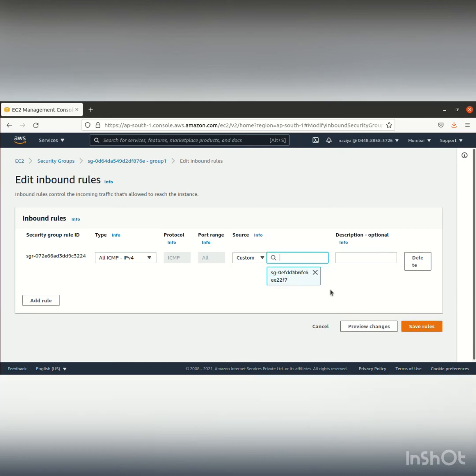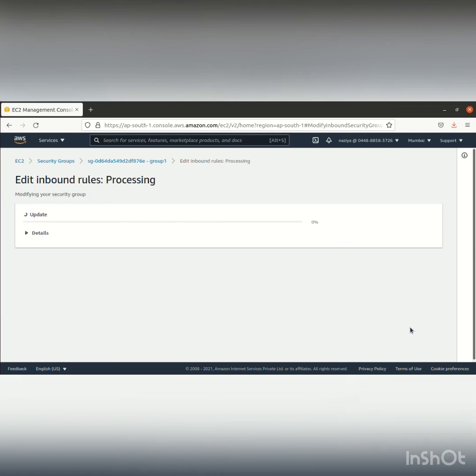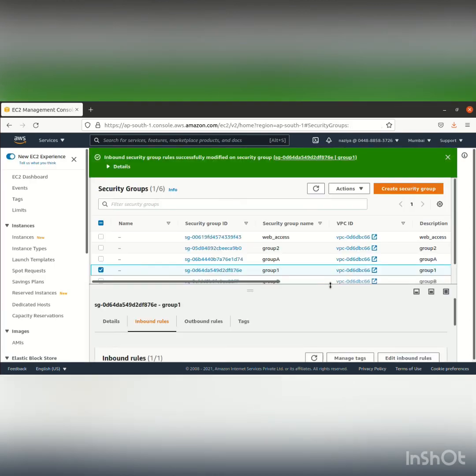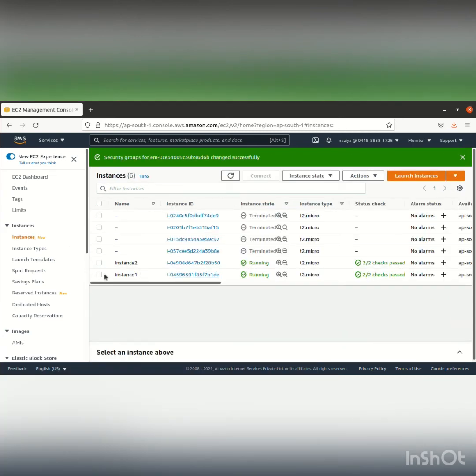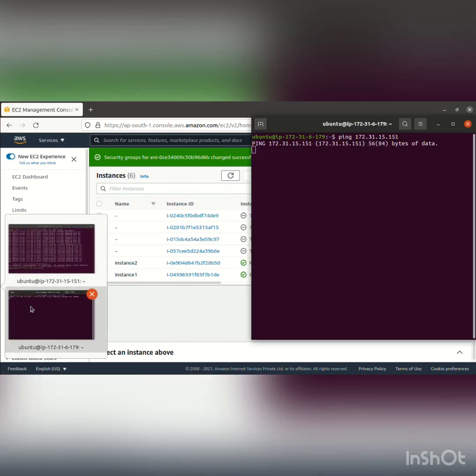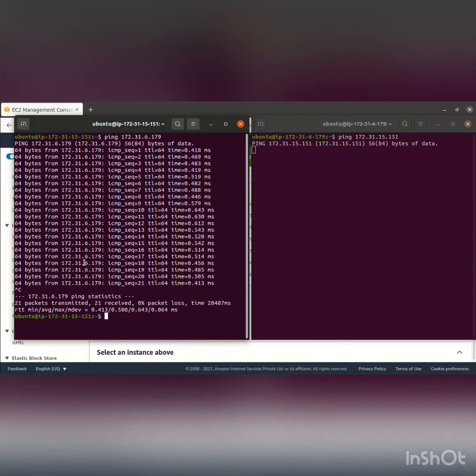We'll save the rules. And now we'll go to these instances and make the changes. Before that we'll go to this terminal and ping it and see.